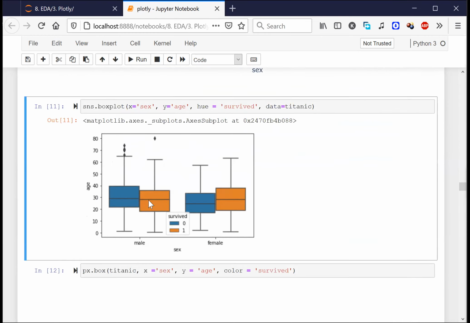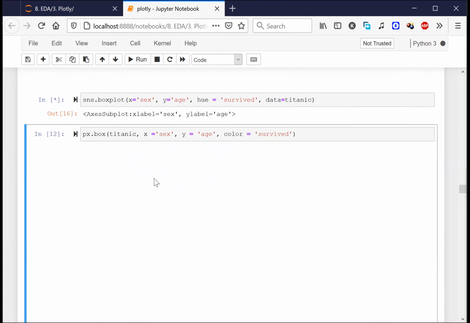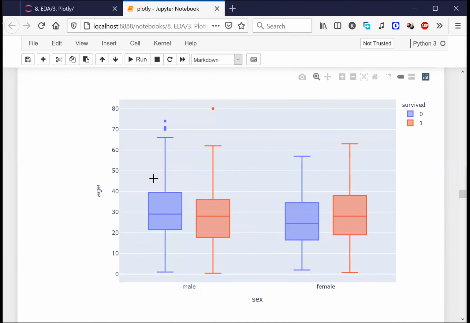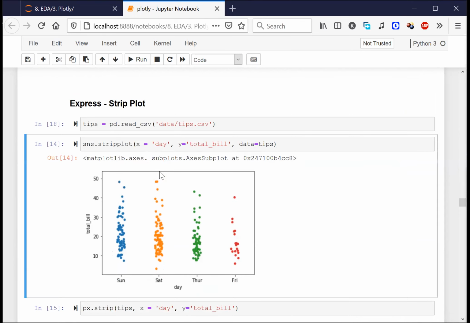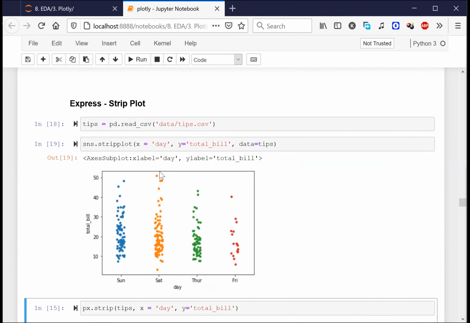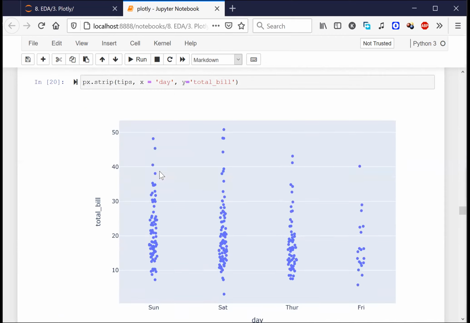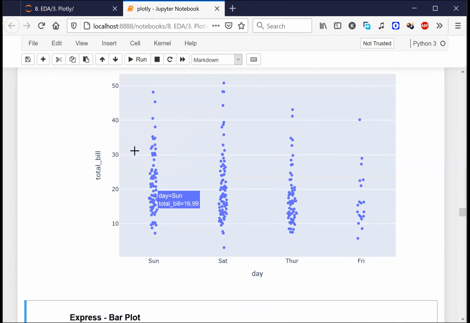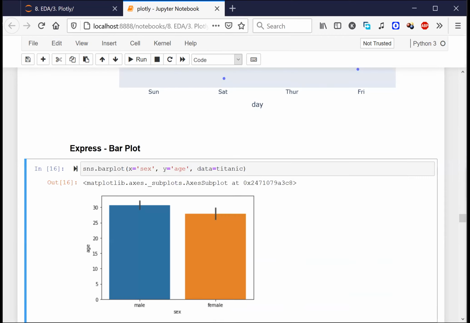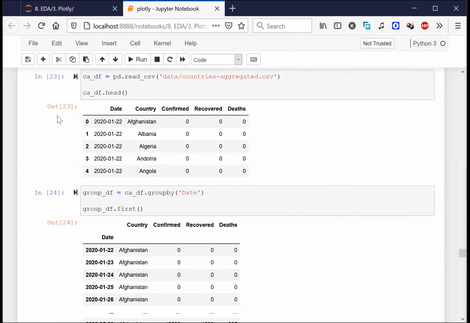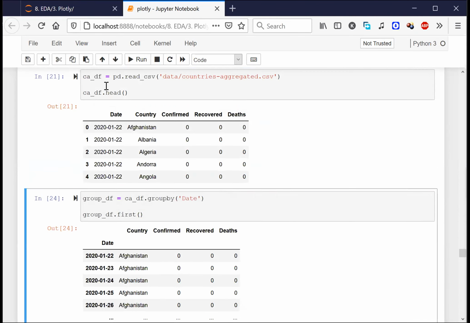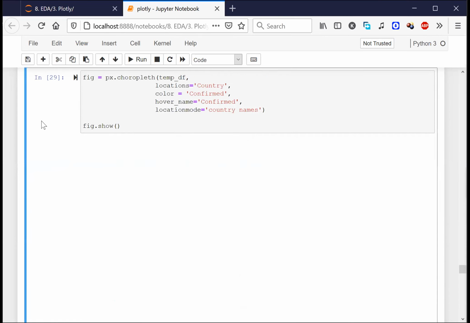Similarly, this is a Seaborn basic plot, and this is the Plotly plot in place of it, with all the information, right? We can interact with this entire plot. Similarly, if I go down, this is another plot called a strip plot in Seaborn. You can also do a strip plot in Plotly as well. And there is one very interesting thing in Plotly. Let me show you that, if that is working right now.